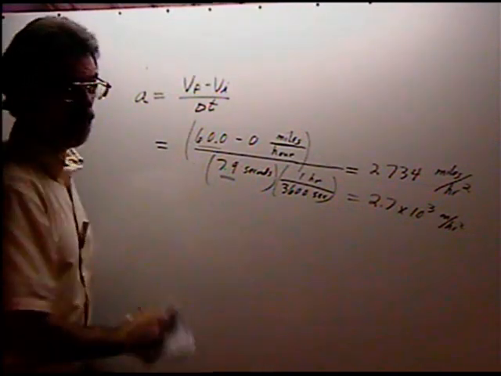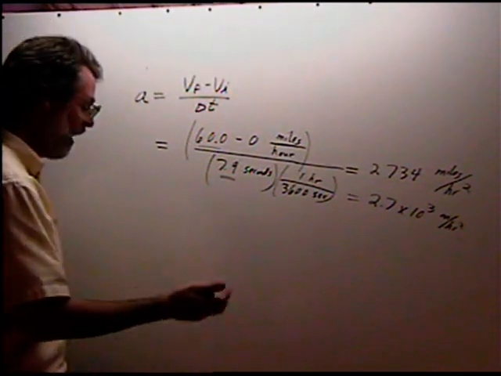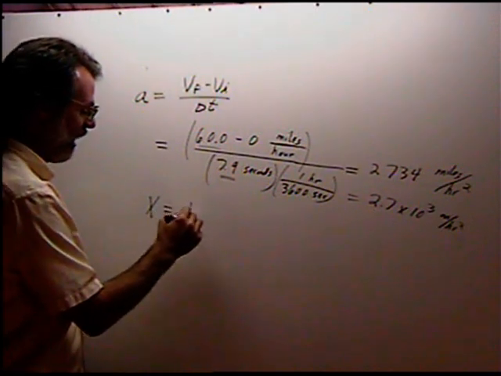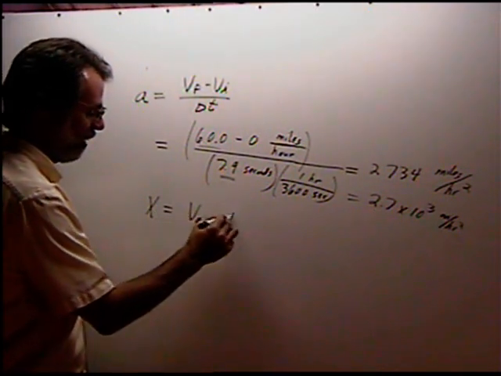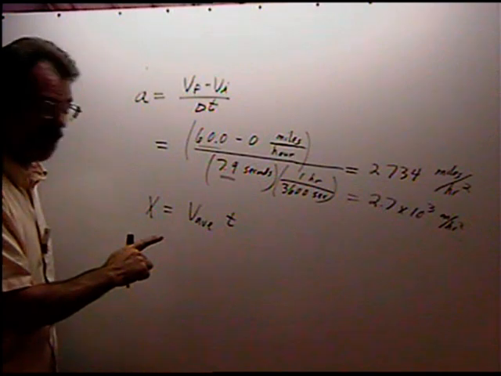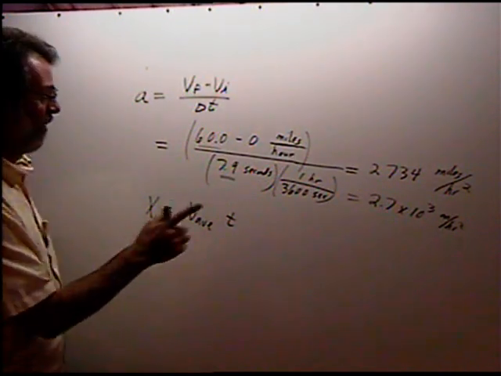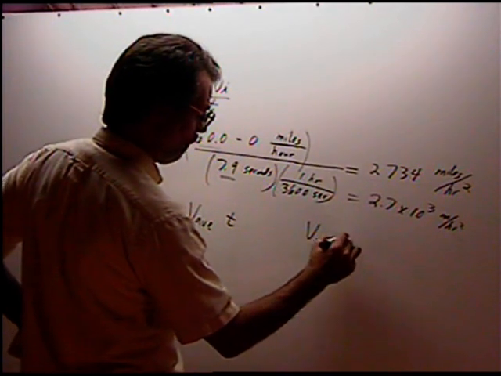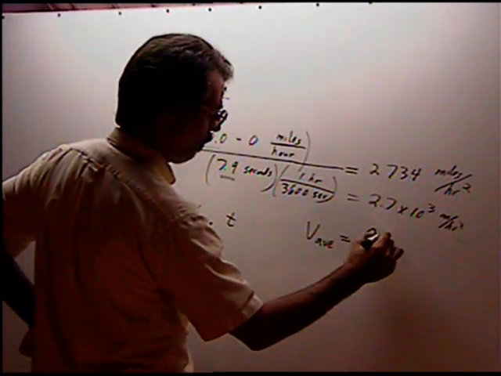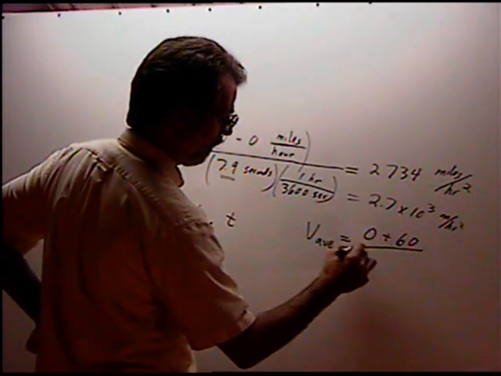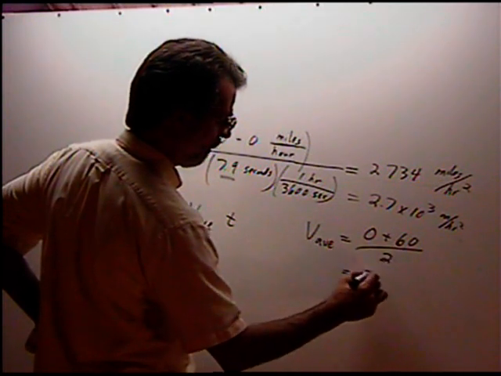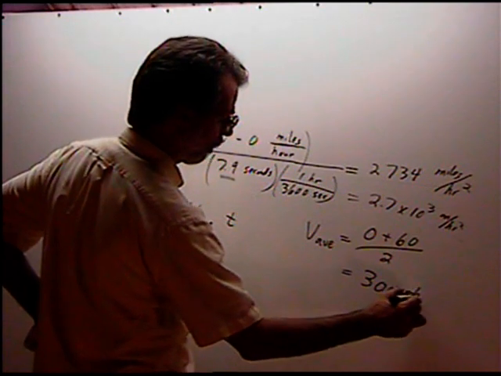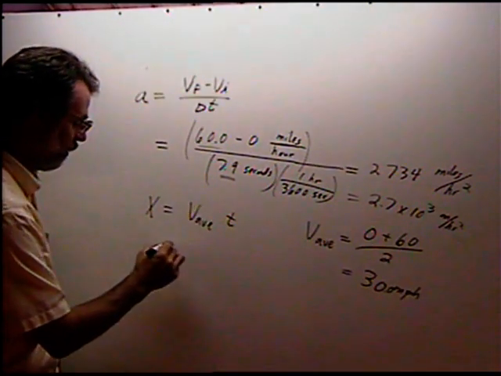There's actually even one more way to do it, and that would be to say that the distance traveled is equal to the average velocity times the time. This is my preferred way to do it because it's so much easier. Because the average velocity is simply the initial velocity plus the final velocity, all divided by 2. And notice how easy that is. It's 30.0 miles per hour. And we know what the time is, so it would simply be